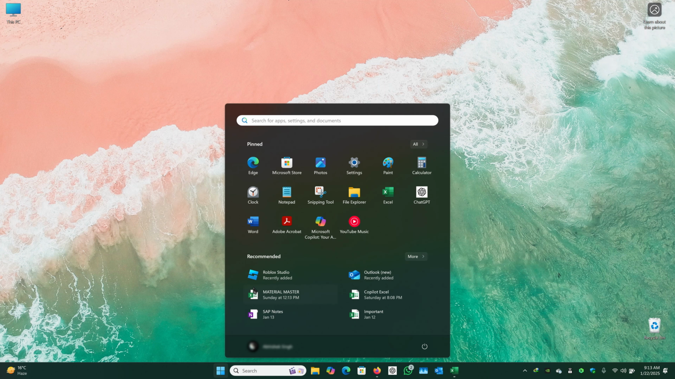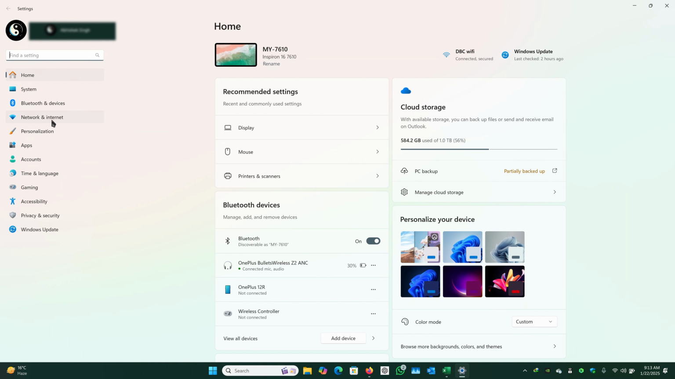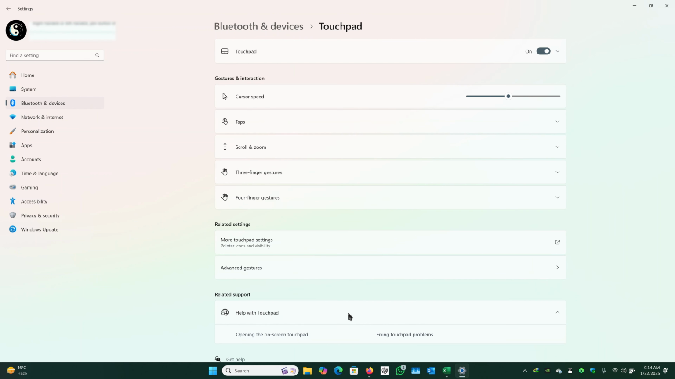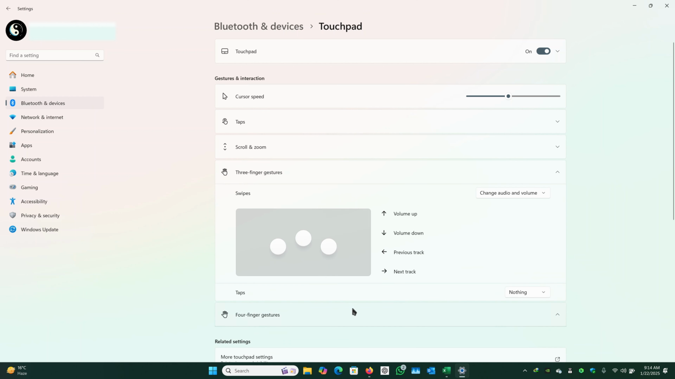Go to your Start menu, under Settings, go to Bluetooth and Devices from your left menu, then look for Touchpad here, click here. So you are already aware of this cursor speed, taps and scroll and zoom, which is already there in our touchpad gestures and interactions. So now Windows 11 has updated 3-finger gestures and 4-finger gestures for making our work more